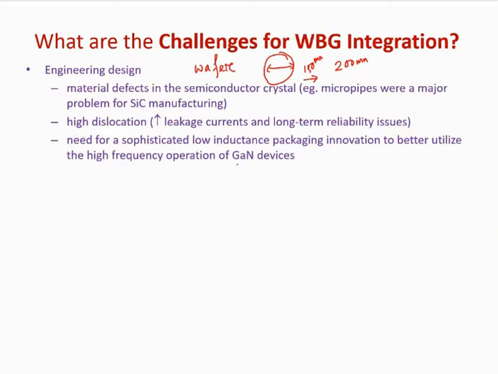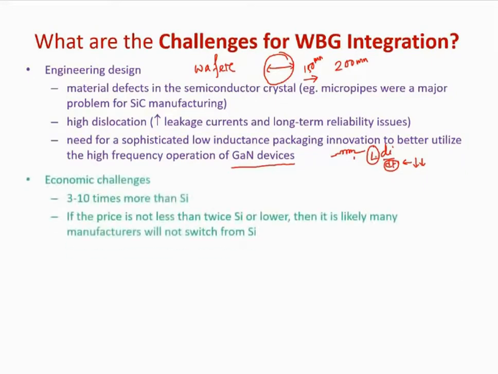Another issue is that when you are applying devices like GaN, where you want to have very high switching frequency, then the packaging has to be done very carefully, and it is a very big challenge for the manufacturers, because for such high frequency, even if you have a very small inductance in the layout, right? So due to this L di/dt problem, because you are having switching at a very, very high speed, so this dt is very, very small. So even with small inductance, this L di/dt could be pretty large. So this packaging is still an issue.